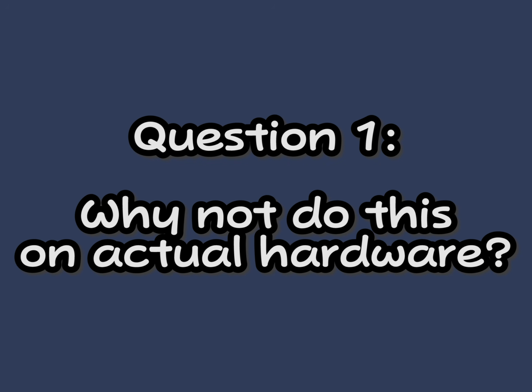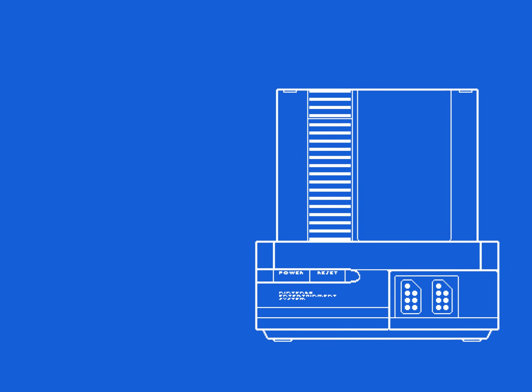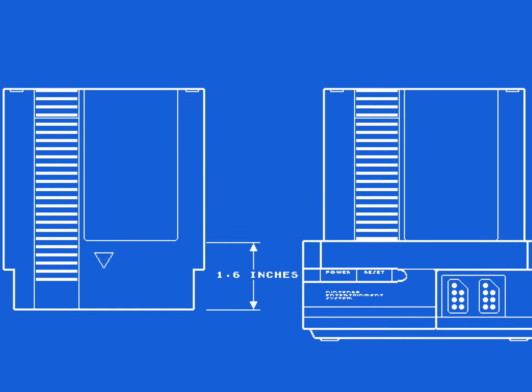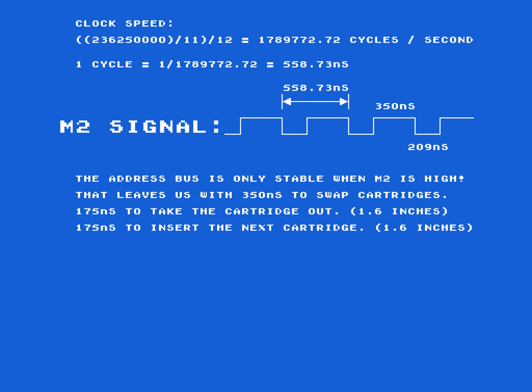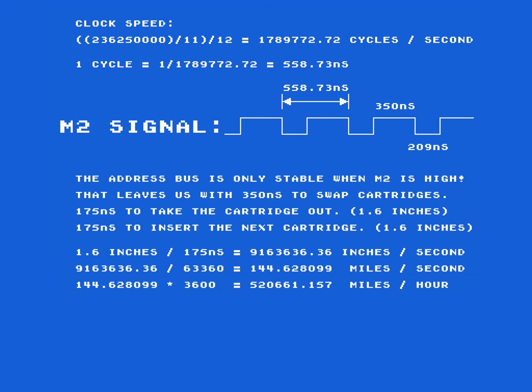Question 1. Why not do this on actual hardware? Let's do some quick math. On a top-loader console, the cartridge is inserted with a depth of approximately 1.6 inches. To put it bluntly, we have 175 nanoseconds to move the cartridge 1.6 inches. We need to move 2 cartridges at 520,661 miles per hour. To those who speak metric, that's about